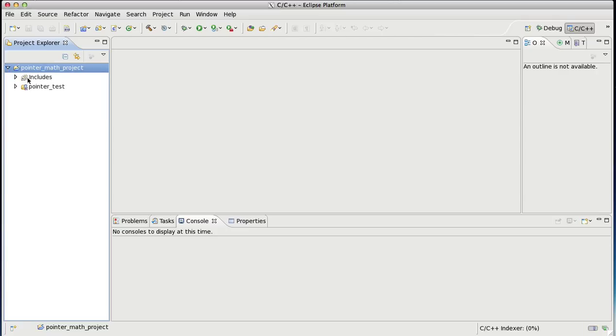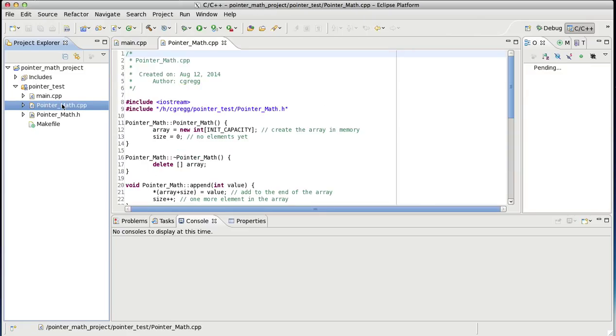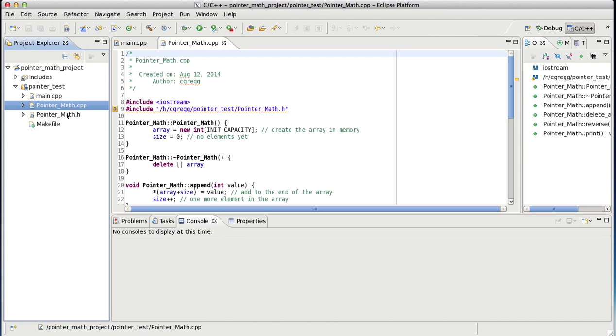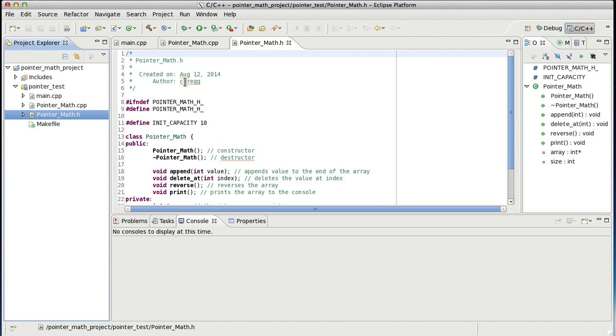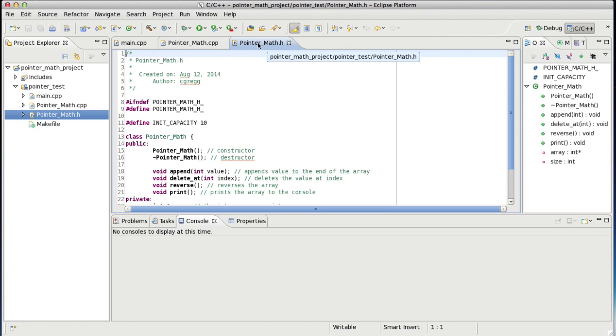the little arrow here, you'll see there's a bunch of included files, and then, oh, look, there's our folder that we included, and all the files that are in there, okay? Eclipse will actually ignore this makefile, but the rest of the files here, you can just double click on them and they'll come up like this, and if I click on pointermath.cpp, it puts it here, and then pointermath.h. What's nice is that all of these files are right here, and you can go back from one to the